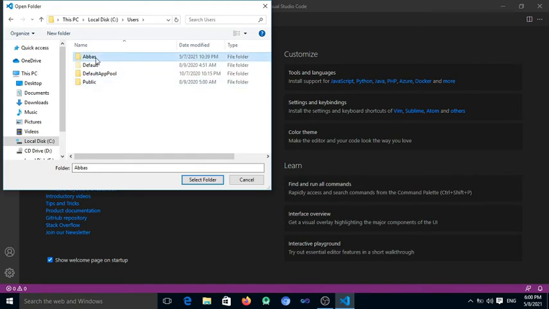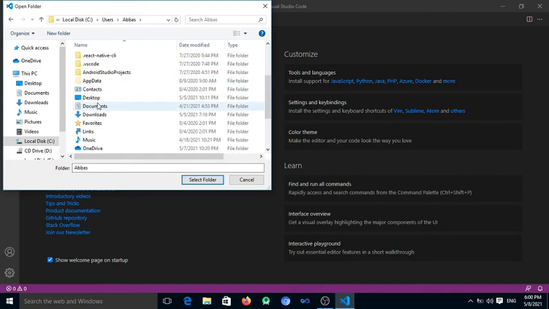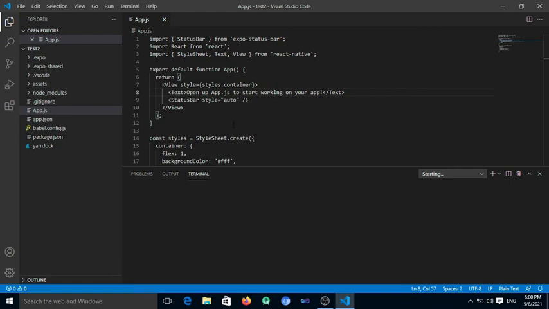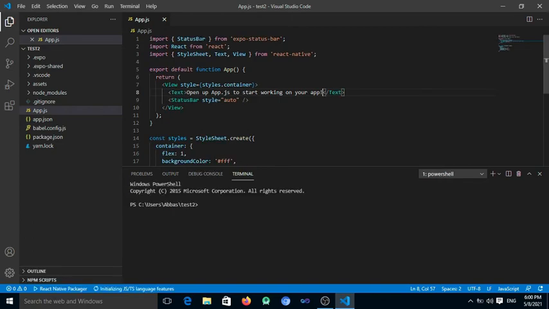C drive, Users, Abbas, and your project folder is test2. Then select the test2 folder. So all the files are there. Open the App.js file. Here is the first file which is to be run.